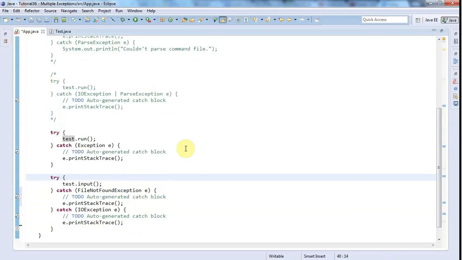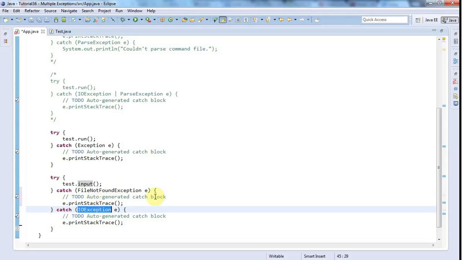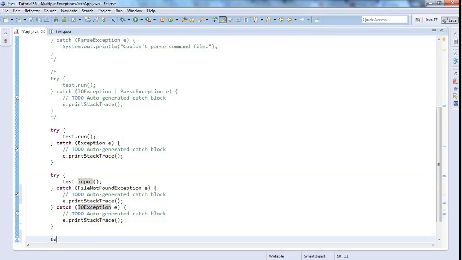the thing is, they ask you this on exams and in interviews all the time. So if you think you might sit an exam or take an interview, it's worth understanding that if you've got a child exception, you've got to handle that first before the parent, because otherwise the parent would catch it due to polymorphism. And I think, in fact, with try multi-catch, if we say test.input